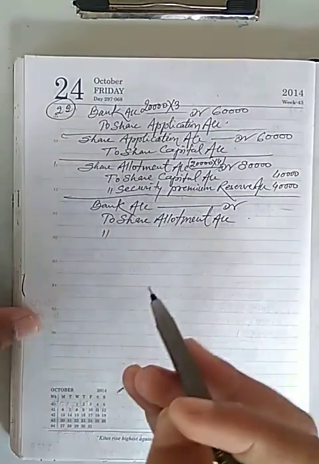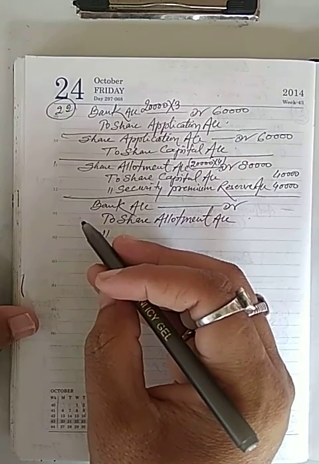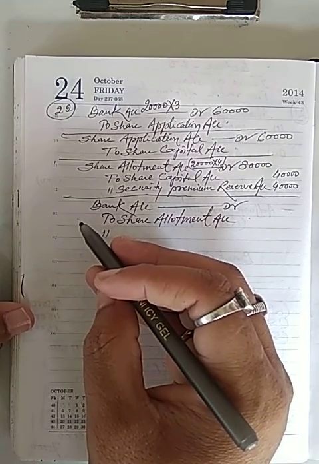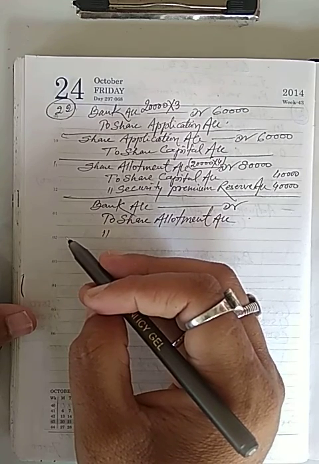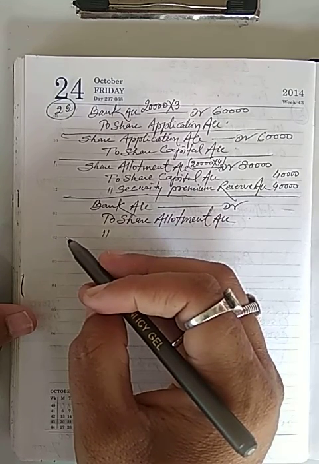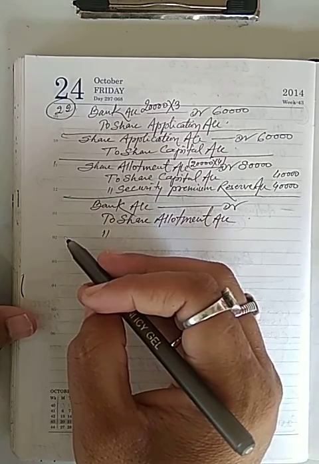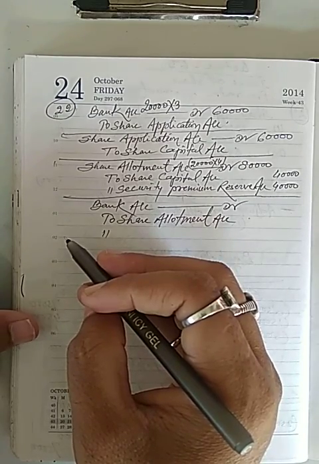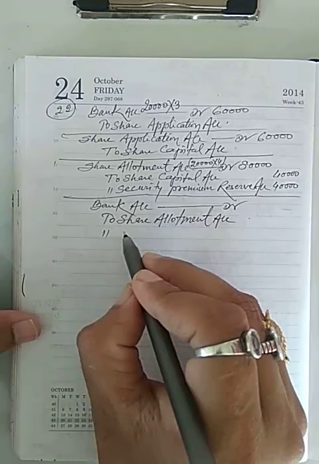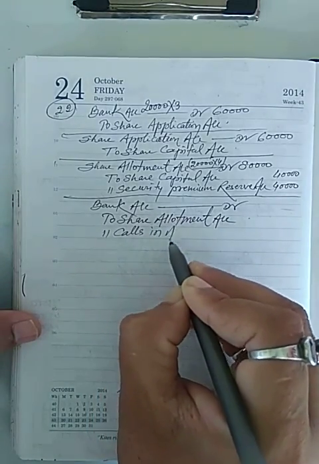And the question also says about 1,000 shares of Mr. Y, who is the holder of 1,000 shares and paid all sums due with allotment, so it will be calls in advance also